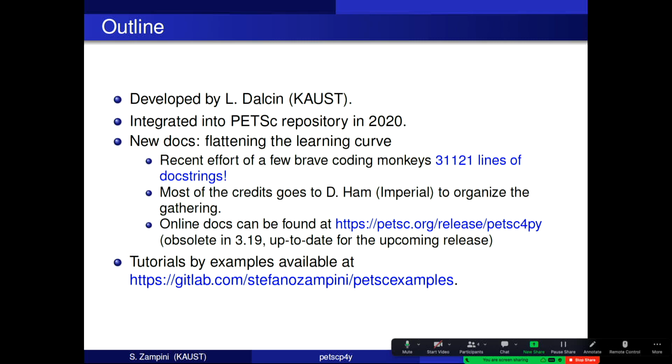So David Ham had this brilliant idea recently to join forces with me, Lisandro, and others. We call ourselves coding monkeys. We had a coding retreat of three and a half days. We basically merged back 30,000 lines of code in petsc, and that is mostly docstrings. We decided to do it because we knew that this was needed, right? So this is what I wanted to show you now, so that in principle it should be easier for you